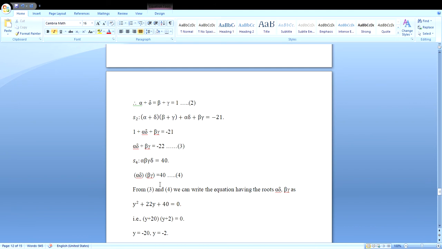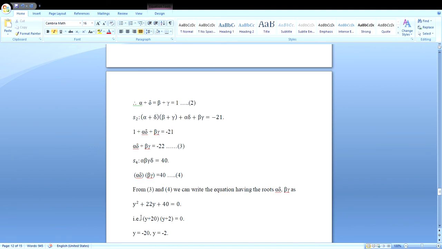Now from the third equation and fourth equation, if you consider alpha delta as one root and beta gamma as one root, we can form the equation having the roots alpha delta and beta gamma. Equation 3 is the sum of the roots and equation 4 is the product of the roots. Therefore, the equation is y square minus sum of the roots, and since you have minus 22, we can write plus 22y plus product of the roots, 40,